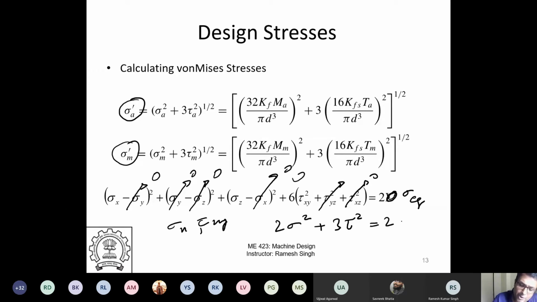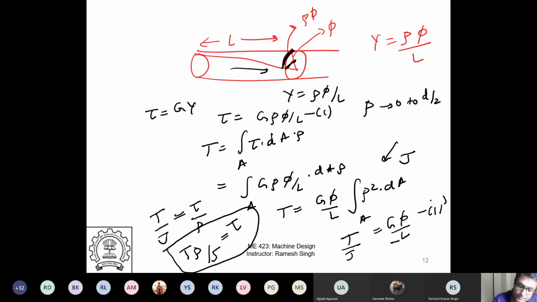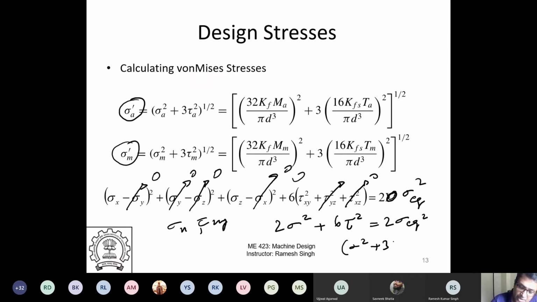3 tau square is equal to 2 sigma equivalent whole square, right? So basically, if you see this, oh my bad, this is 6. Sigma square plus 3 tau square is equal to sigma equivalent whole square. So this is the equivalent stress using von Mises stresses. So von Mises stress, if you do, it will become root of sigma square